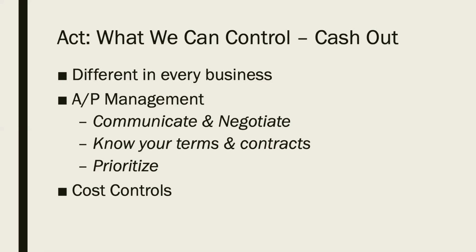And I'm not saying I would ever recommend not paying your bills as a strategy, but when you're in a crisis, sometimes that's all you've got, just not paying your bills. So be prepared for that and prioritize accordingly. And then last is cost controls. Where can you actually cut expenses versus just stretching payment timelines?